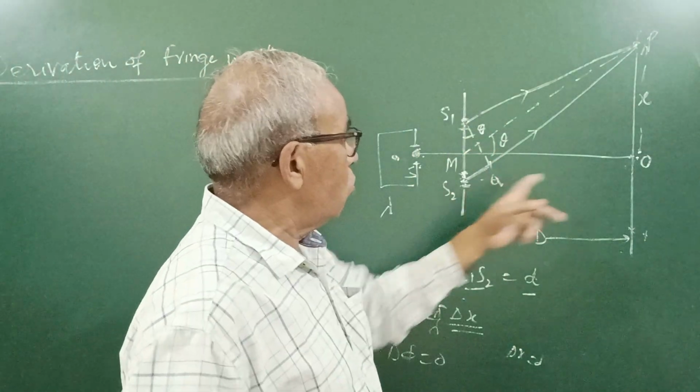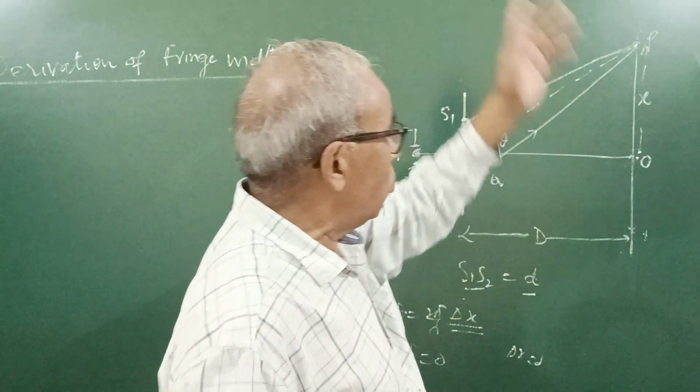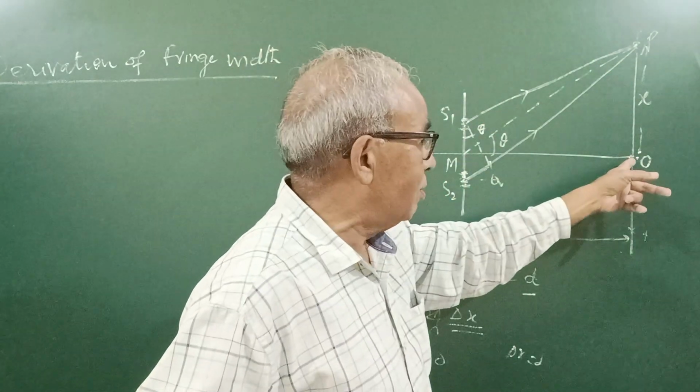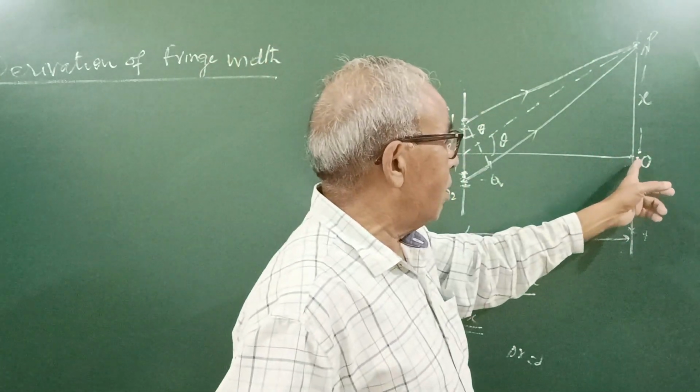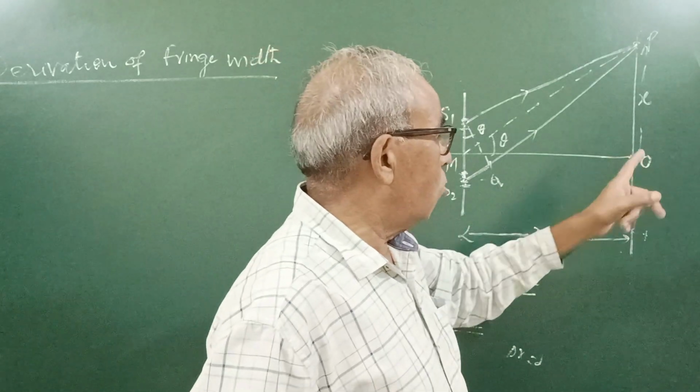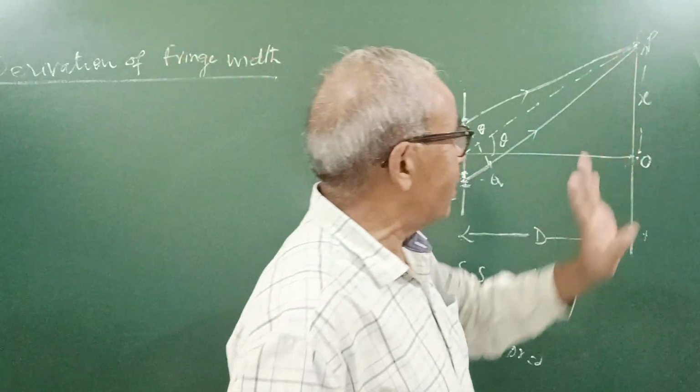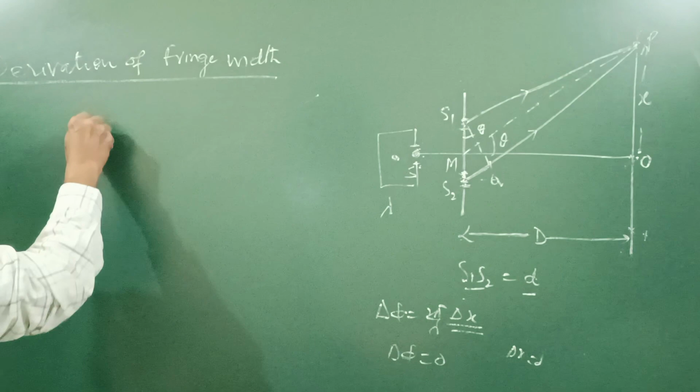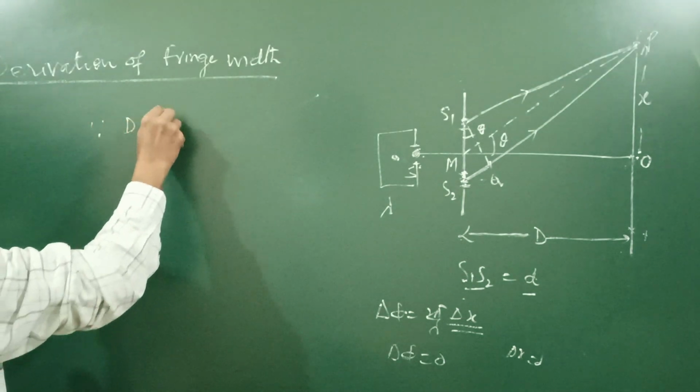Light from S1, S2 meet at O, and at every point O is equidistant, so they produce maximum intensity or a bright fringe. This fringe at O is called center bright fringe. P is any point at distance X. Since capital D is very much greater than small d,